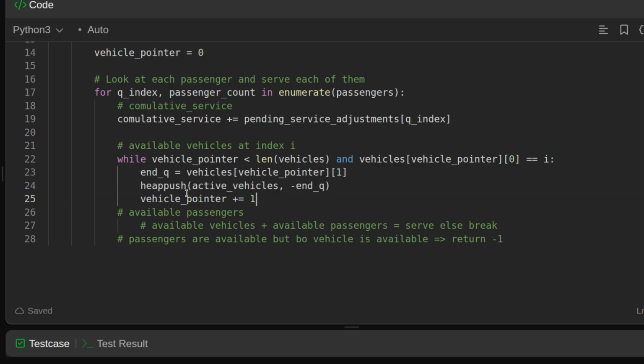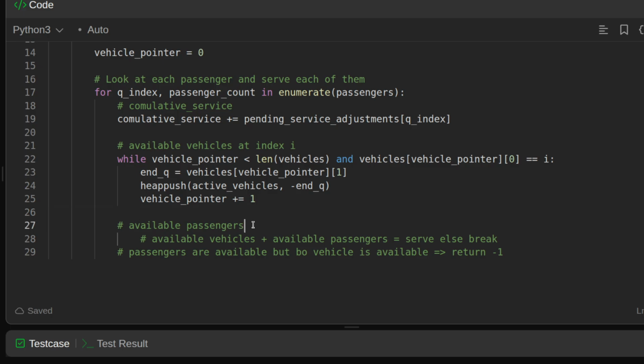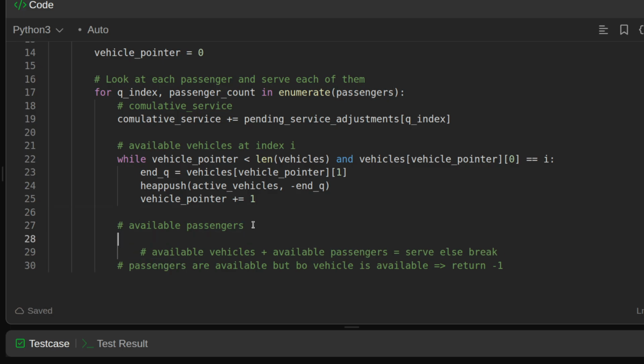I know that this is somewhat difficult to understand for the first time, but we will dry run through this code also once code is accepted. So let us check available passengers. Okay, so once we say that